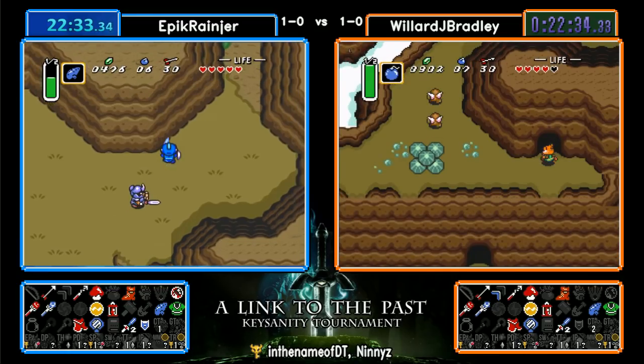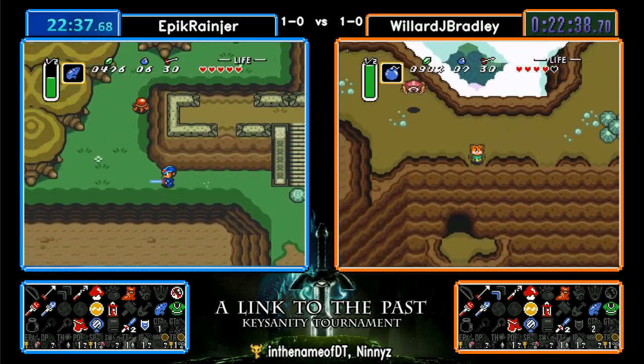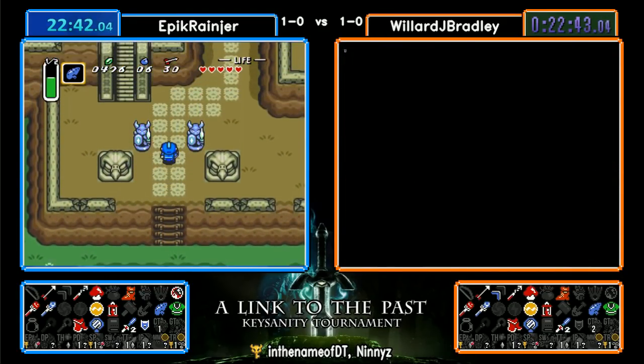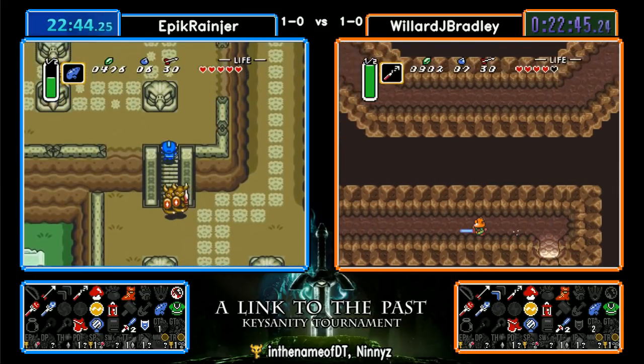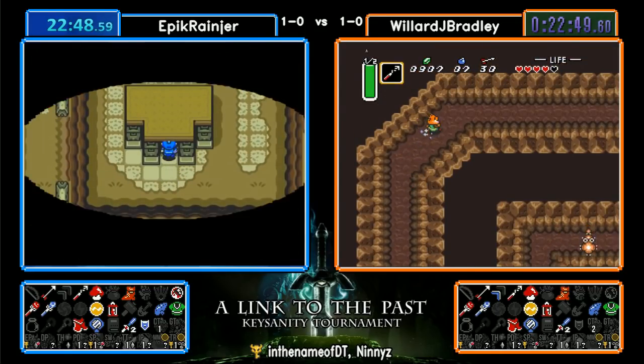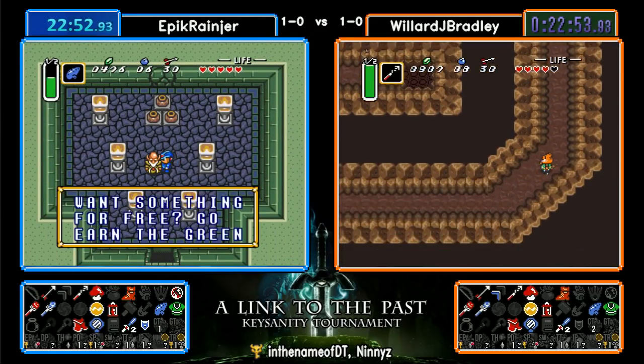Yep, so it looks like now EpikRainjer is going to take the play over to the Eastern Palace area. I don't believe they've been over here yet, so Sahaswala is also in the mix, which I think is where that second Castle Tower key was, as well as a Heart Piece and the Bloomerang. Not too sure about the Bloomerang, but yes, the key and the